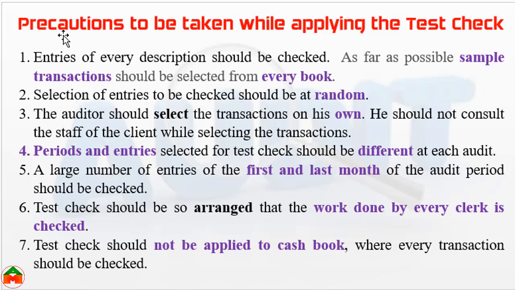Fourth precaution is periods and entries selected for test check should be different at each audit. And the fifth precaution is a large number of entries of the first and last month of the audit period